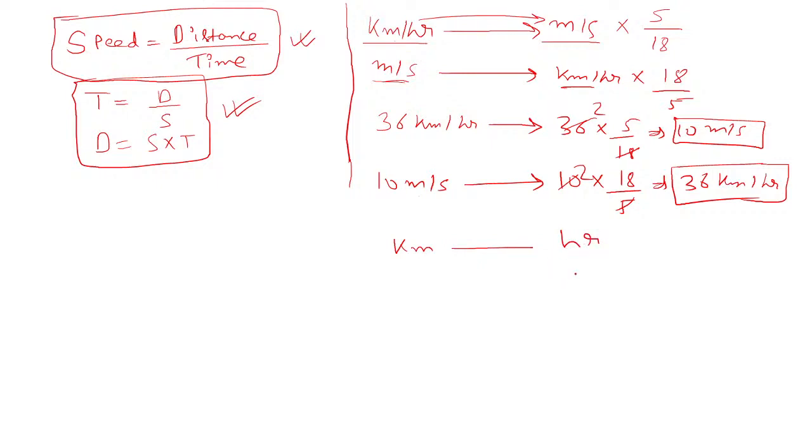Like if minute is given, you need to convert minute to hour. And if it is meter, you will always convert minute to second. You will always convert minute to second. So minute से second में कर लेंगे. अगर ये आपका मीटर पर सेकंड होगा, सो मीटर पर सेकंड होता है एंड किलोमीटर पर आवर होता है. This thing you remember. So if the value is given in minutes, just convert it into hour or just convert